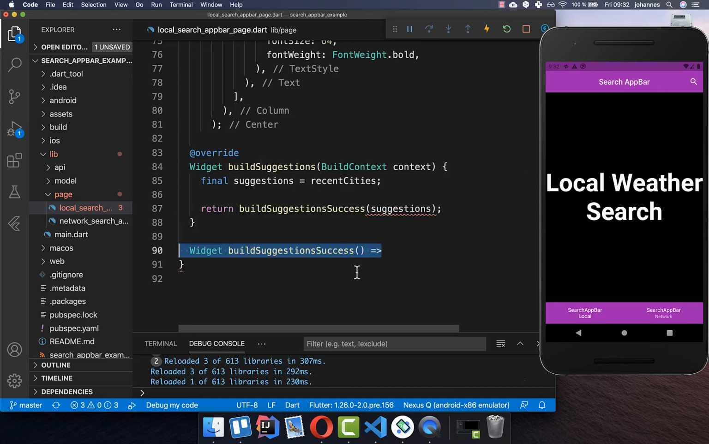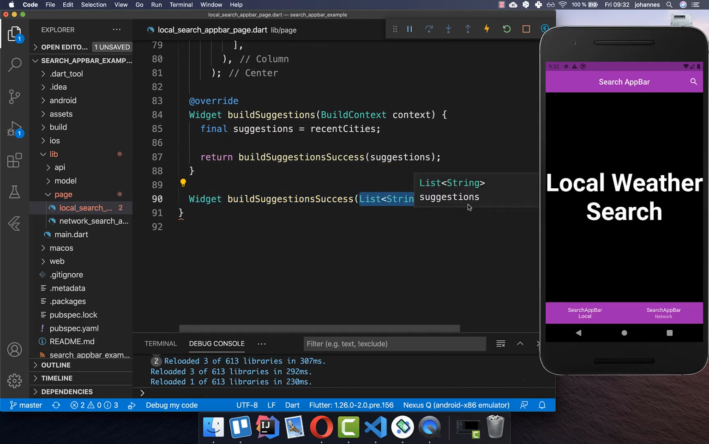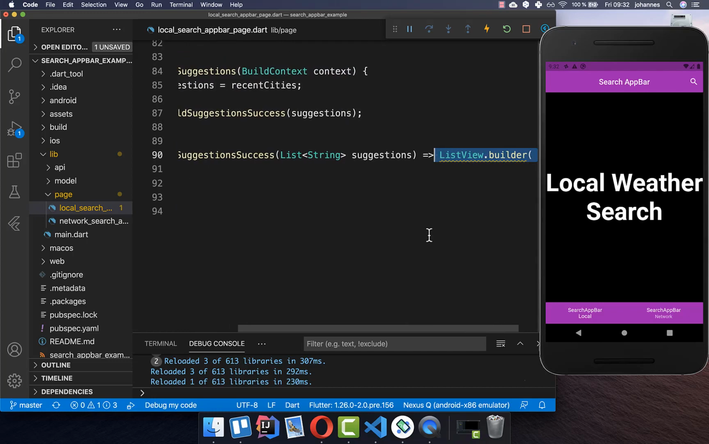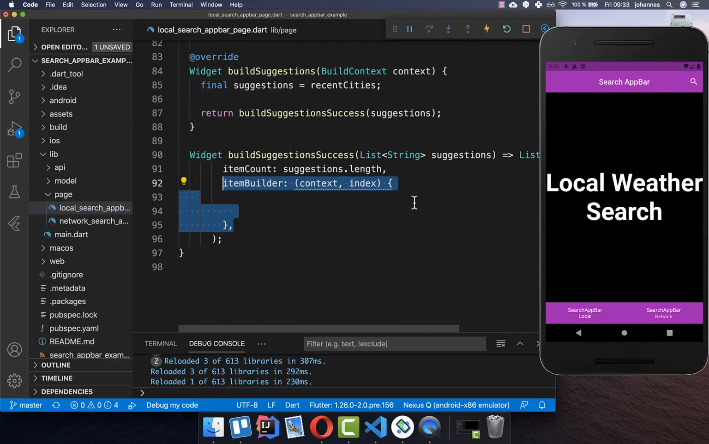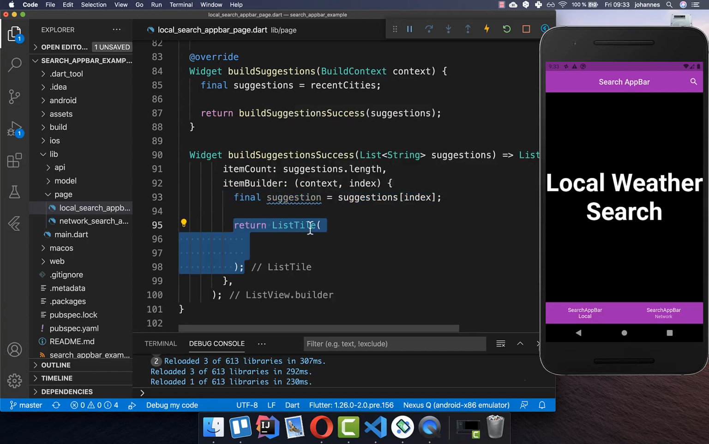And within this method, we simply get all the suggestions, in this case our cities, and then we want to build them within a list view builder. And here inside we go over all of our suggestions and create each individual item. With our current index, we get the right suggestion, which we want to display, and then we simply display